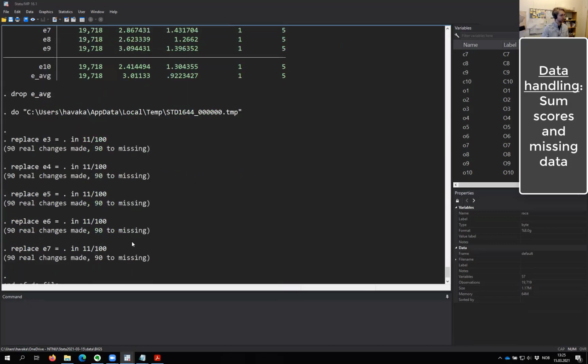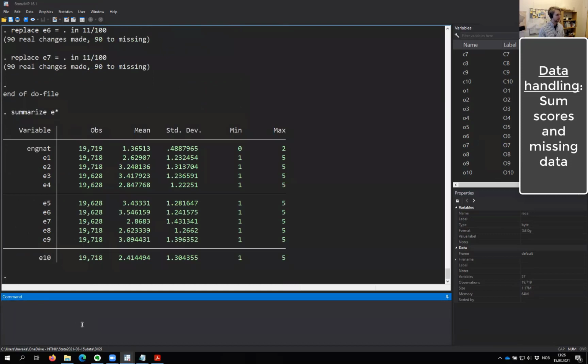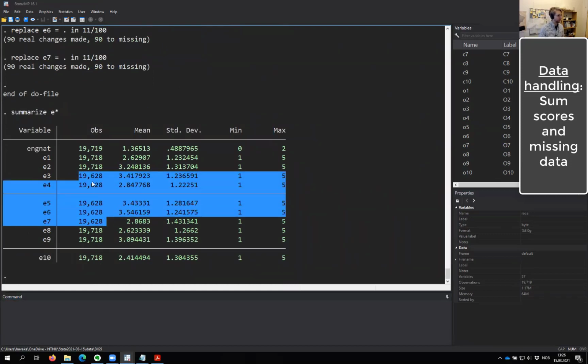So now, let's just do the summarize E again. We'll see that on these variables we now have 19,628 instead of 19,718. So we have now some missing values. And the reason I created these was just to illustrate what happens when we have missing. And what happens is that,